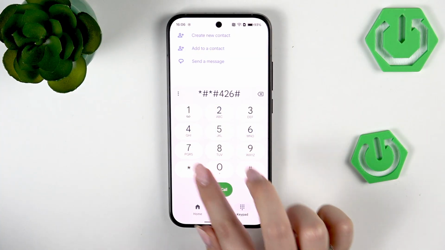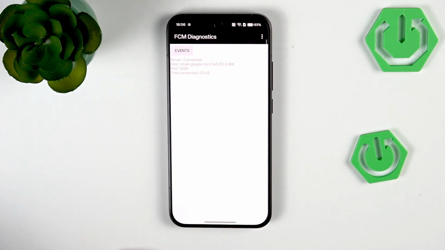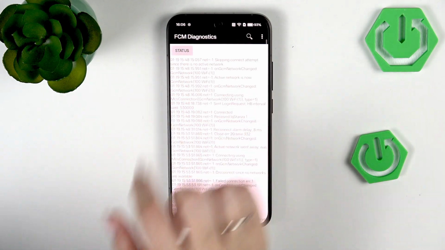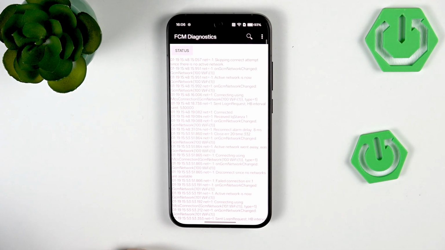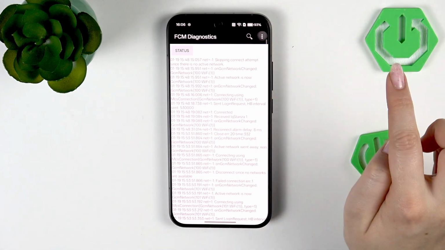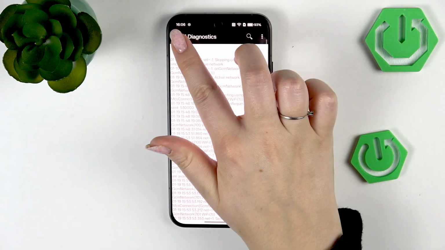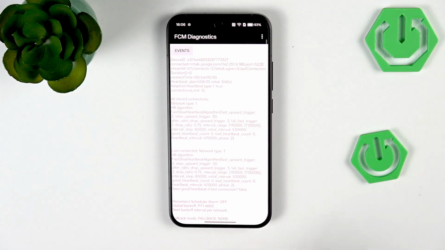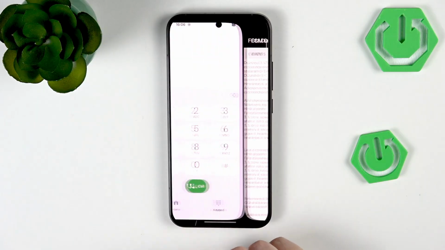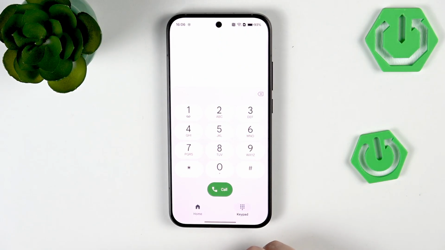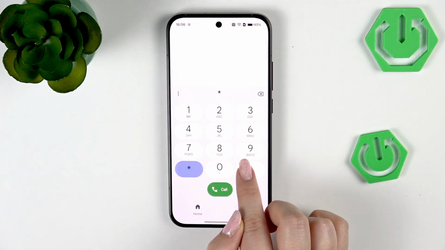*#426##. And here we are in the diagnostic, so we can check the server, host port, time connected. We can tap on events, and here we've got some further details. And after tapping on the three dots icon here, we can show advanced view, tap on the status, and here we've got much more information. So for example, the heartbeat, last ping, or HB algorithm. Let's go back, and another code, which is